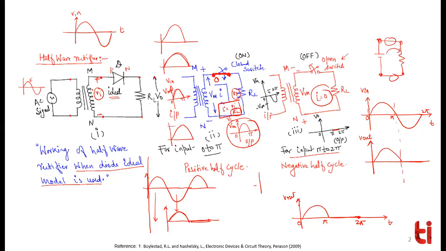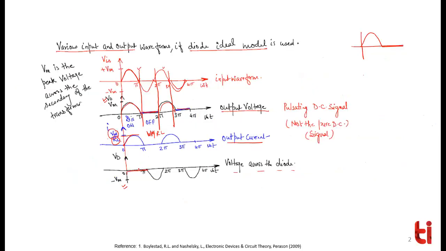Whenever the negative half cycle is coming, what is the voltage across the diode? Since this becomes an open circuit, the voltage you apply here, negative to positive, the negative one comes here and the positive one goes around and comes here. So the voltage you are applying across the diode is the voltage across the diode. Since it becomes open, you have applied the input voltage between these two open ends. That's why in the positive half cycle you have 0 volts, however in the negative half cycle you have the same input. Whatever input you applied, the same voltage you are getting across the diode. I hope this is clear.